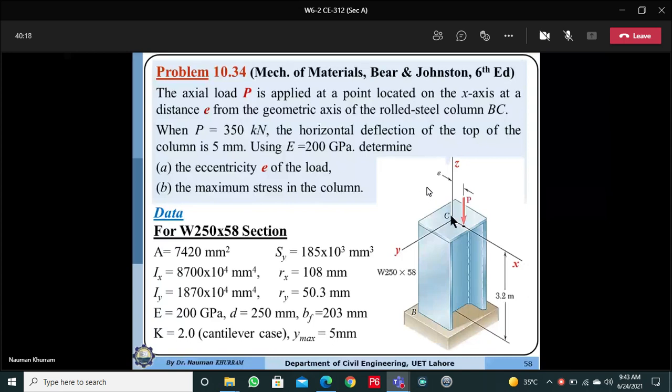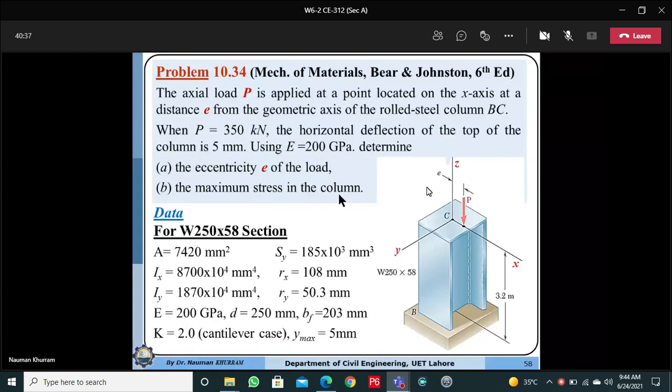So the cantilever portion is deflected by 5 millimeters, and using E value 200 gigapascal, determine the following. Part A is the eccentricity of the